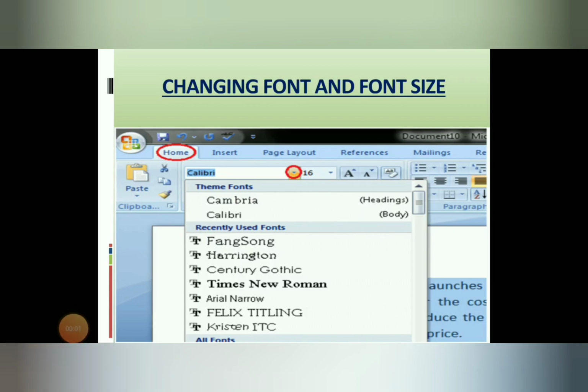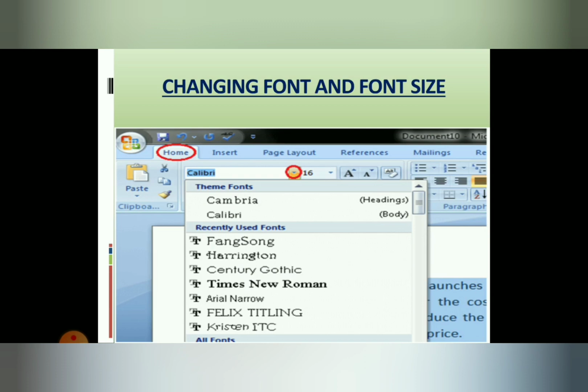Our next topic is changing font and font size. Font means if you are writing or typing something in MS Word, and if you want your typing in a very different way of writing, you can use font. See, in this you can see different types of writings. That is, if we are writing in English there are different ways of writing it, right? In a very slanting or in a very straight manner, like that you can select fonts.